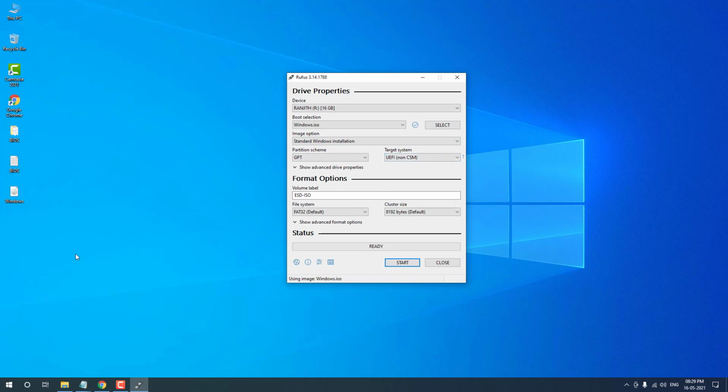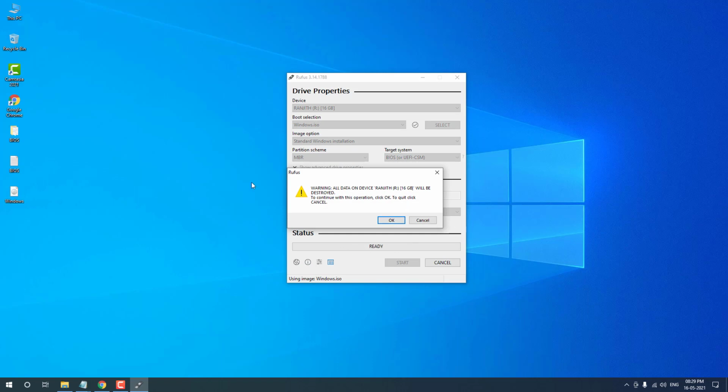But my computer's partition style is MBR, which we have shown in the first step. If I try to install using this option, then one of those errors will occur. If my computer's partition style is MBR, then I have to choose partition scheme as MBR. It will automatically change the target system to BIOS. Then click the start button.